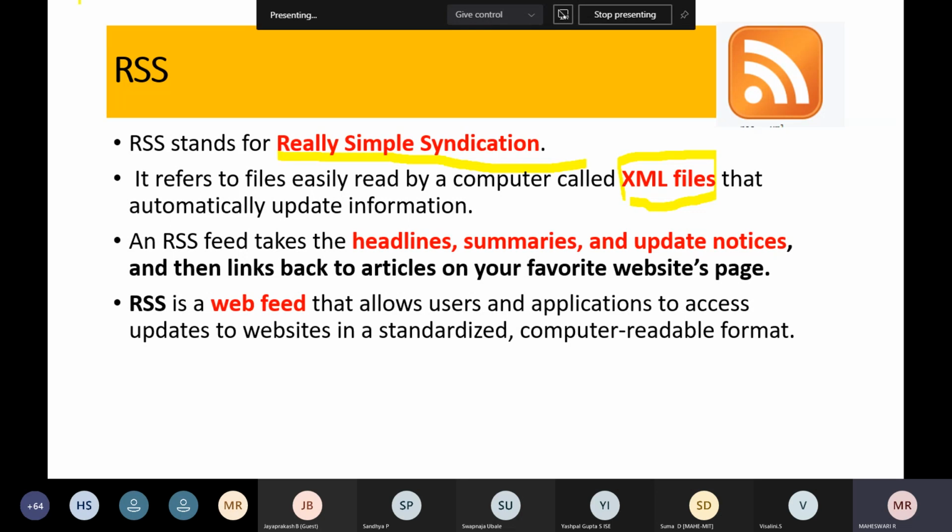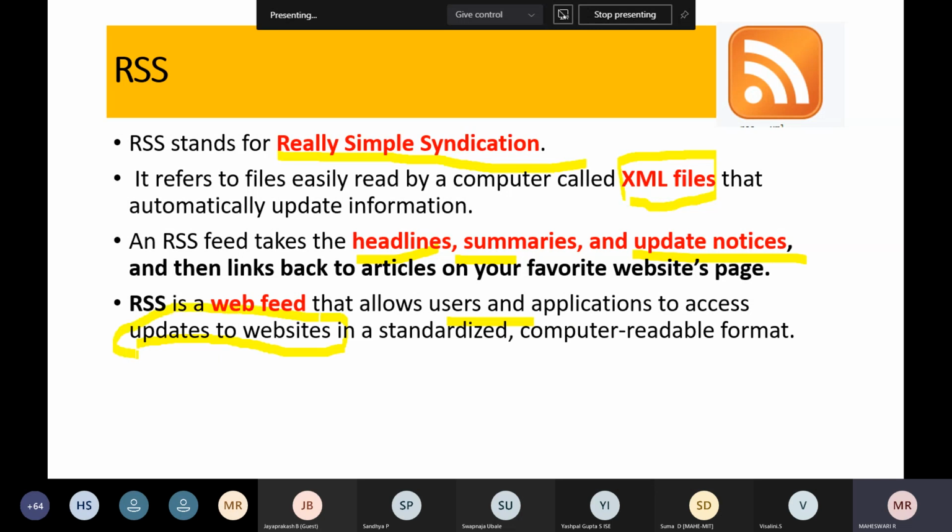This RSS feed takes the headlines, the summaries, and the update notices. All these things can be collected, processed, and categorized based on our need. This is the beauty of RSS. RSS is a web feed that allows users and applications to access updates to websites.